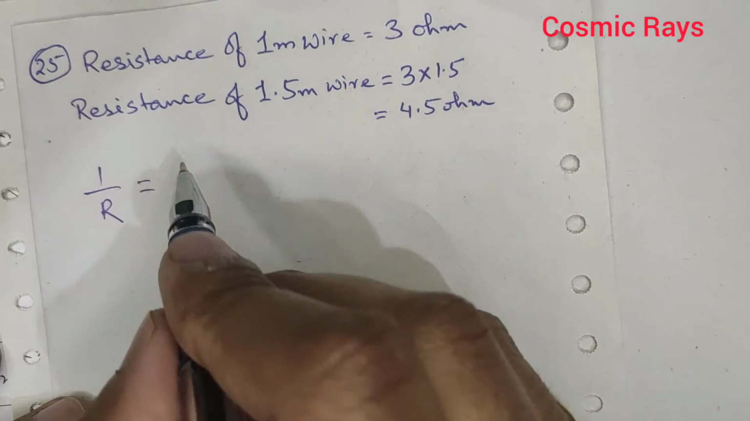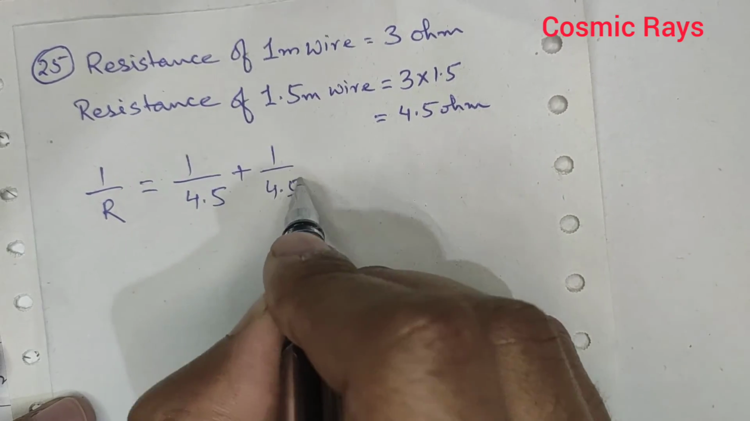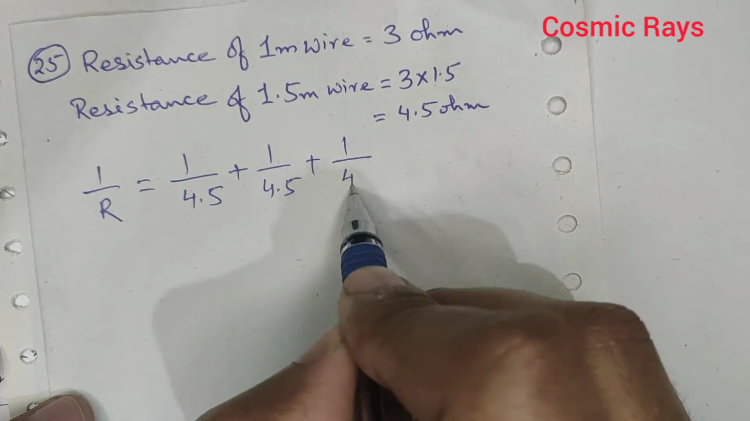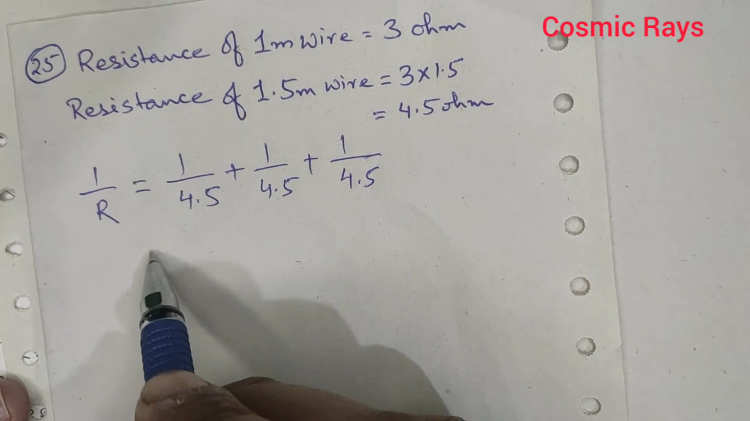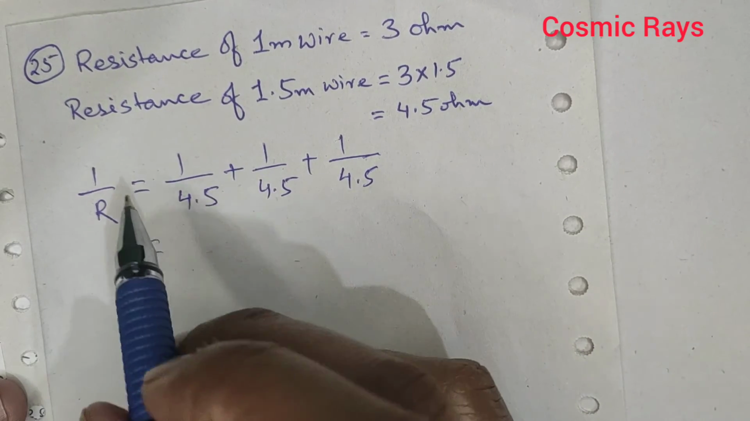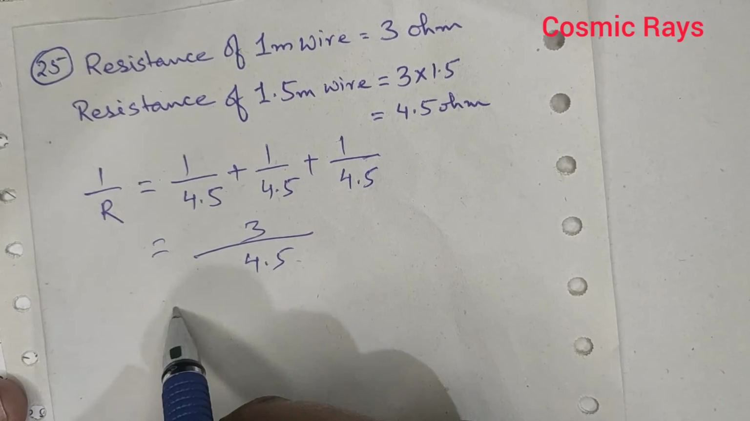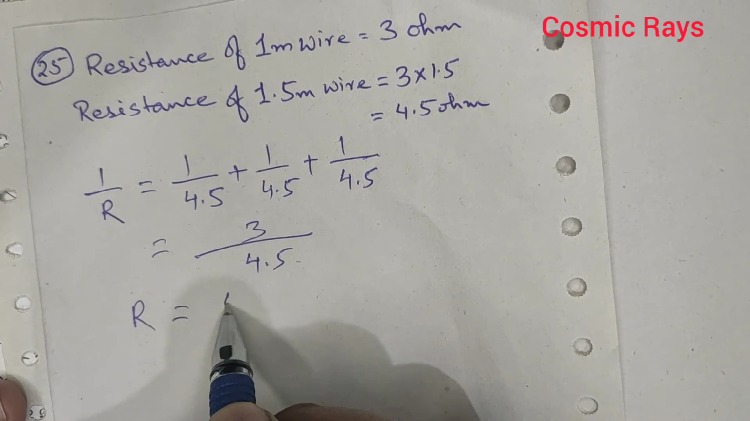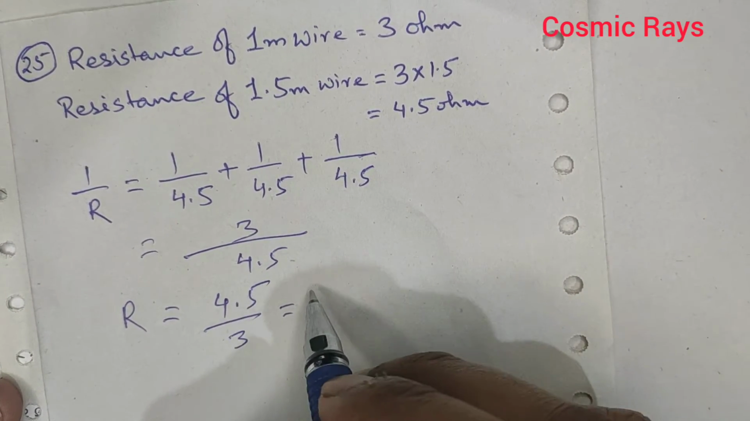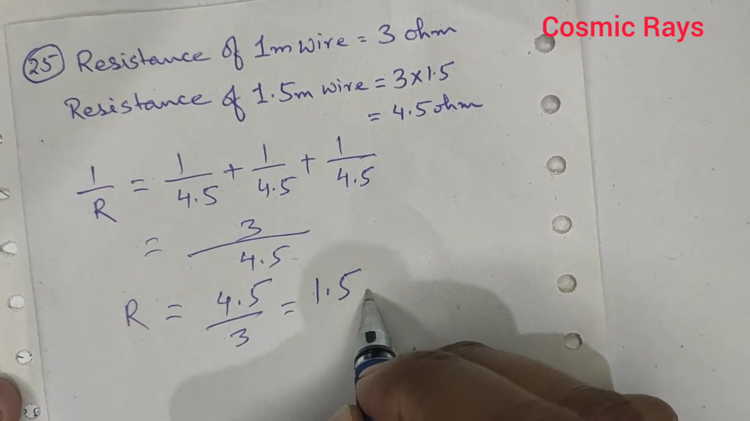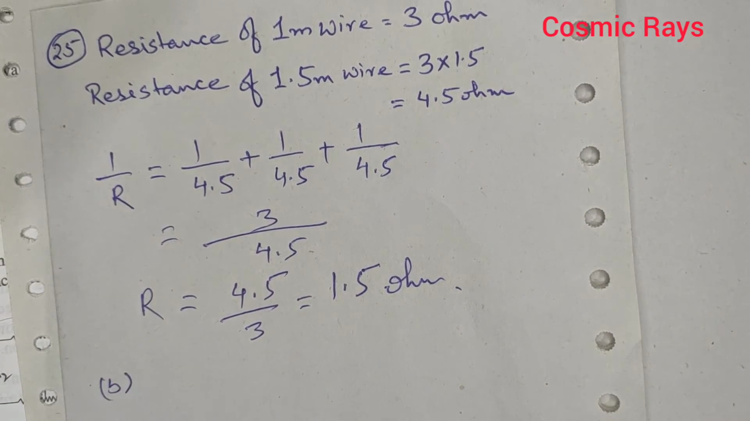parallel. So 1 by R1, that is 4.5, 1 by R2, which is also 4.5, and 1 by R3, which is again 1 by 4.5. So please do the calculation and then take, it will be 4.5, 1, 2, 3. So R will be 4.5 divided by 3, that is 1.5 ohm. Now part B of the question says that